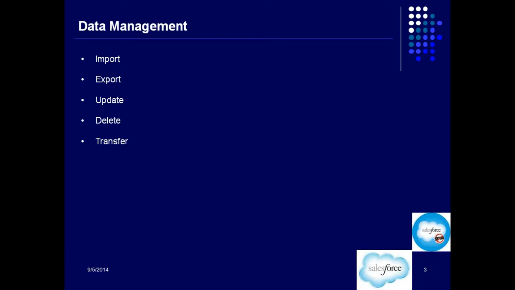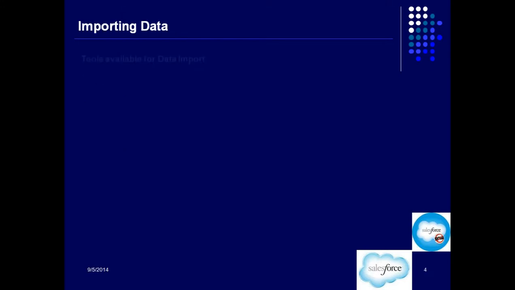You might have noticed that every account that you're creating, or every contact that you create, everything has an owner, right? So this transfer of records means changing it from one owner to the other owner, right? So these are a few operations which we are actually going to talk about in data management.